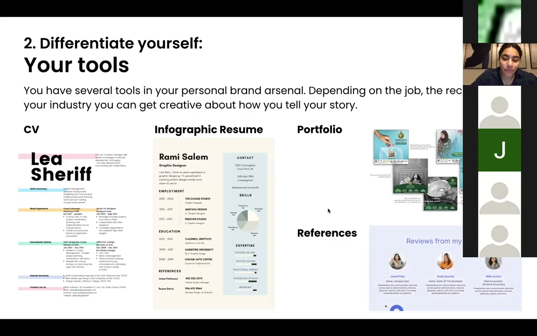And lastly, references. You can actually even beautify your references because nothing says more about you than when somebody gives you a commendable reference. It can be on LinkedIn, you can ask them to write it, but again, I've had references from professors, from past colleagues, and a lot of times they'll write it for you if you ask.